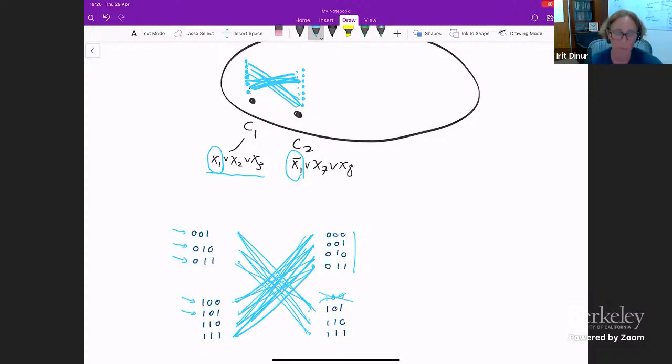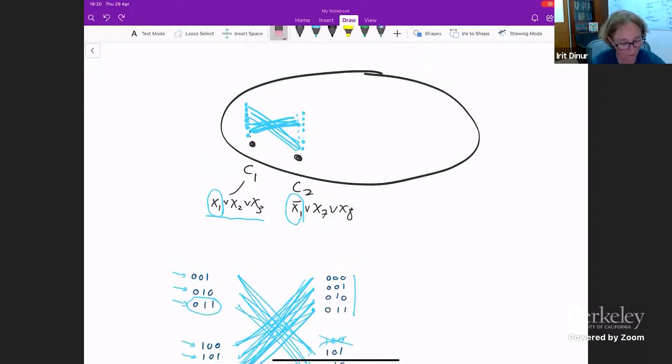So again, I have 7 possible assignments. And then I'm going to put an edge whenever 2 assignments disagree. For example, this assignment wants to assign x1 the value 1, but this assignment wants to assign x1 the value 0. So they disagree, so I'm going to put an edge. So really what I have here is that all the assignments starting with a 0 conflict with all the assignments starting with a 1. So it's like 2 complete bipartite graphs like this. And I replace every pair of clauses by this graph. And this is the label extended graph.